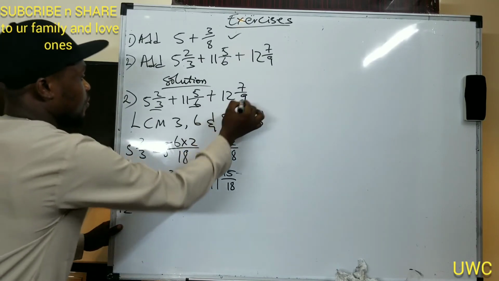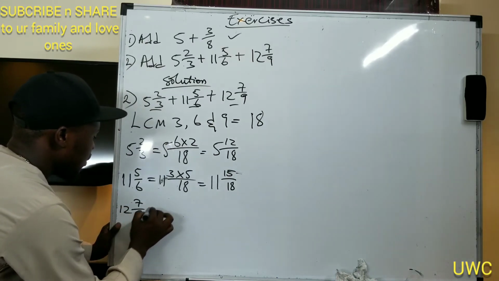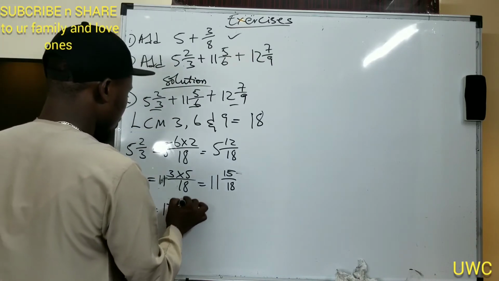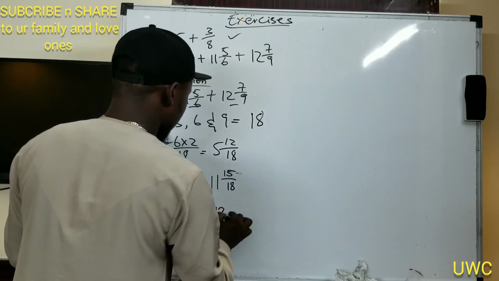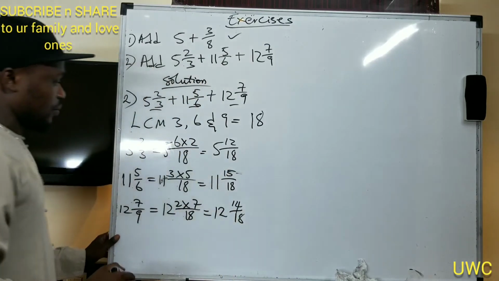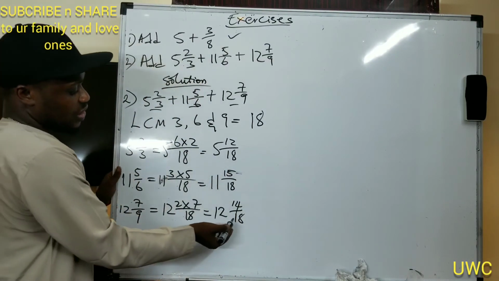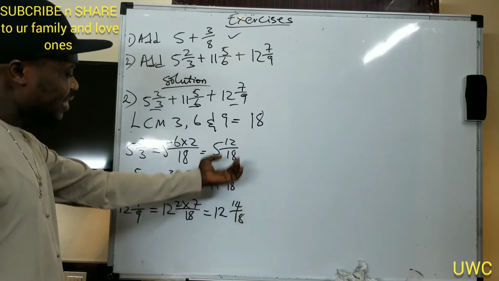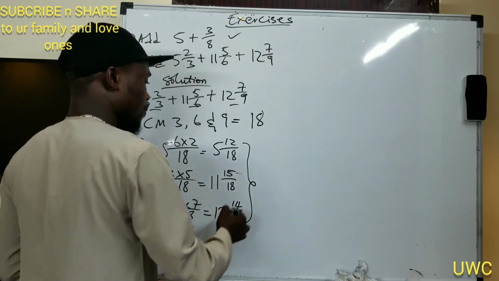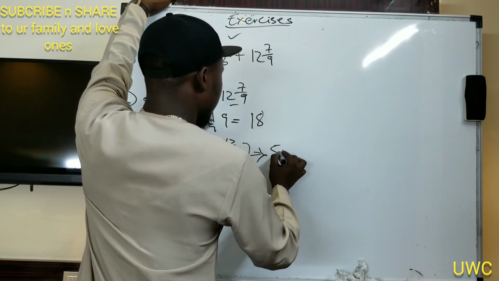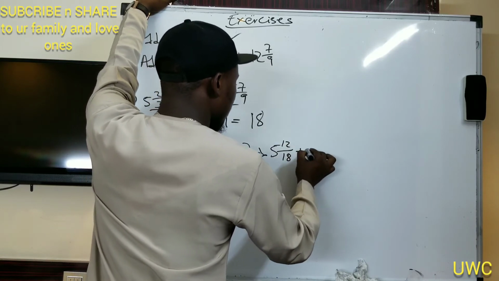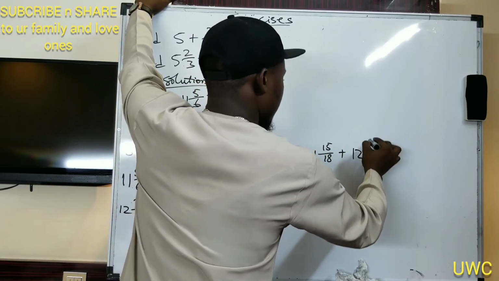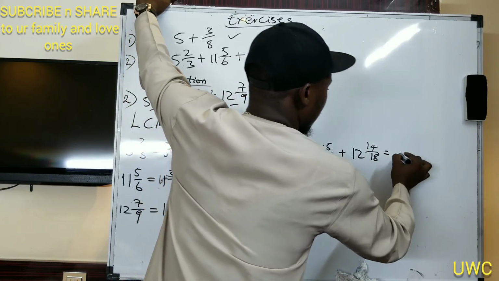The last one, 12 whole number 7 over 9, which is equal to, write 12. 18 as the LCM. 18 divided by 9 will give us 2. Multiply by 7, which is equal to 12 whole number 14 over 18. So what we'll now do, since we've achieved getting the equivalent fractions that have the same denominators, we'll now add up. This implies that 5 whole number 12 over 18 plus 11 whole number 15 over 18 plus 12 whole number 14 over 18, which is equal to,